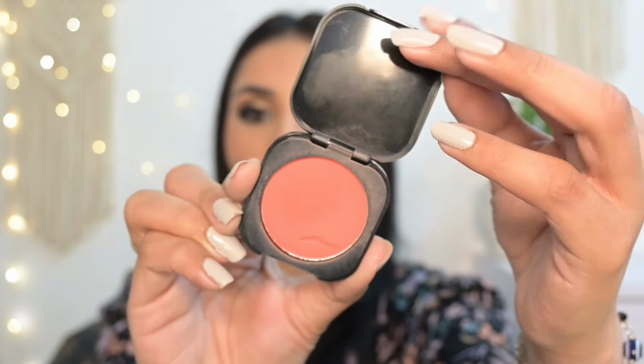To set my under eyes, I like to use a makeup puff or a makeup beauty blender because that's where I get the creases really quickly. But for the rest of my face, I take a tiny amount of powder on my powder brush and gently dust it. To make my blush more long lasting, I'm using NY Bae Sunset Skyline blush. This one retails for I think 290 rupees, but most of the time you can get this on a discount